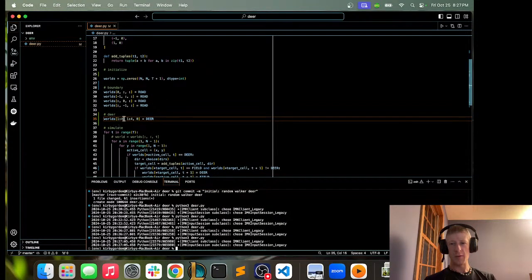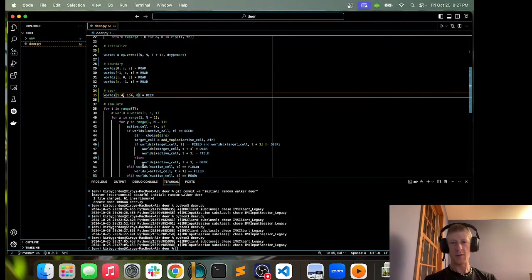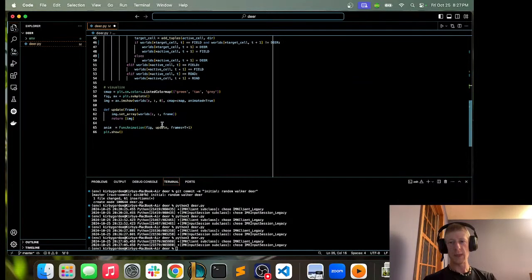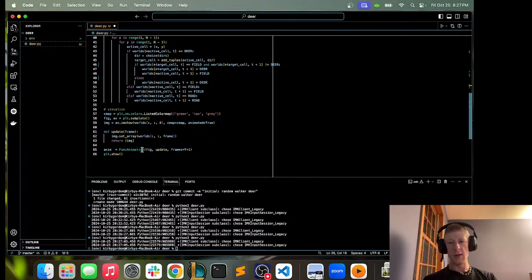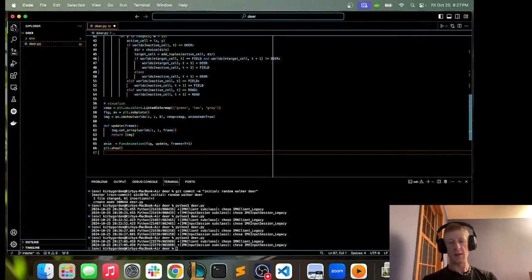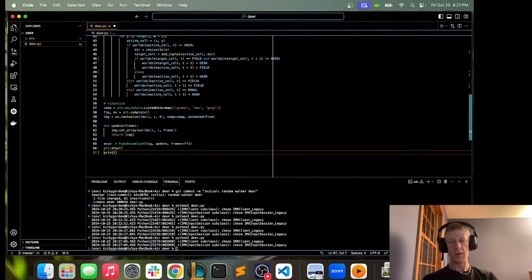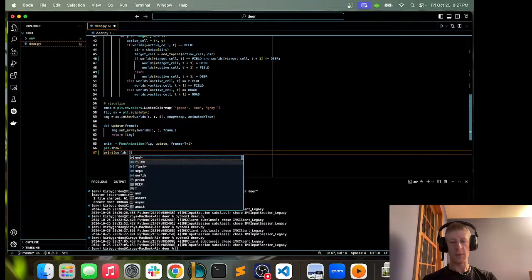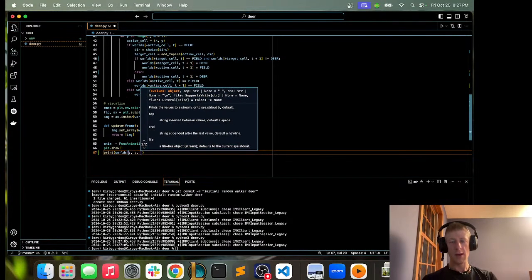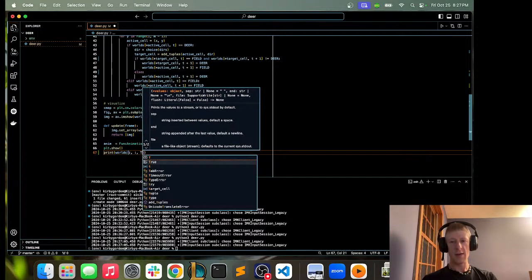So maybe, just for robustness, we'll go up to say 36 deer. And then what I want to do is just at the very end, print. There should be a one-line, functional way to do this in NumPy. So worlds at the last time step